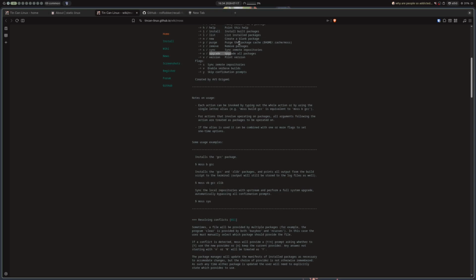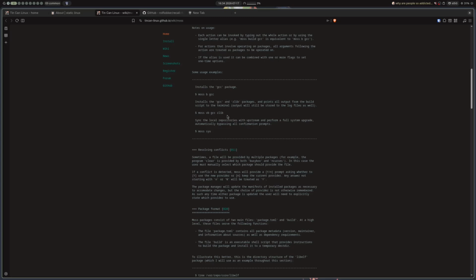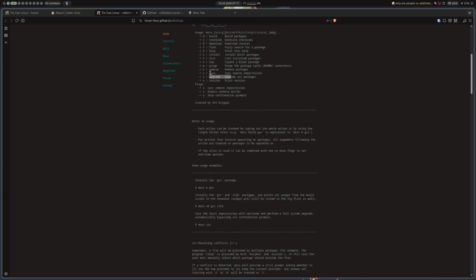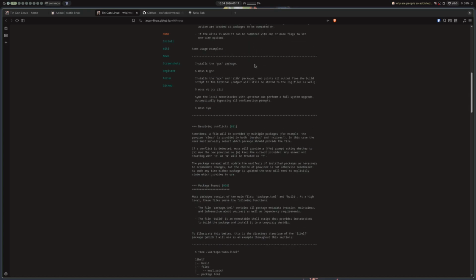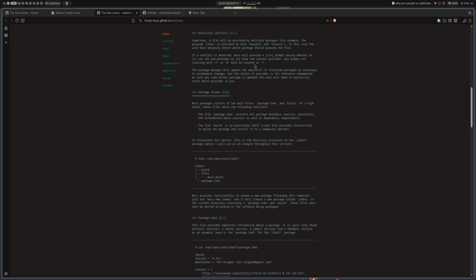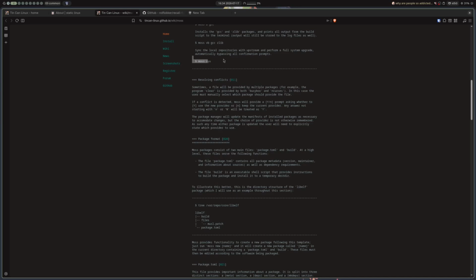So it's kind of halfway like Arch, except Arch's Y is to sync everything up. But yeah, it does a package repo refresh, and then the U does the upgrade. The S is the sync operator that's different, but kind of the same. And I think he kind of stole that for that reason. But anyway,